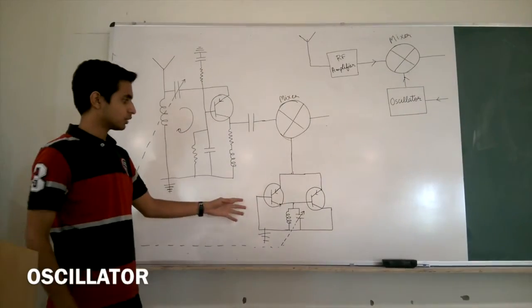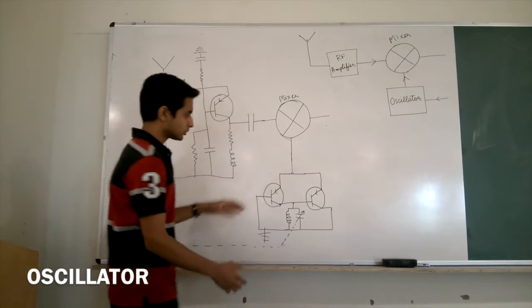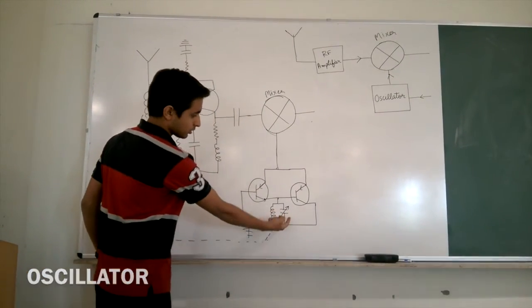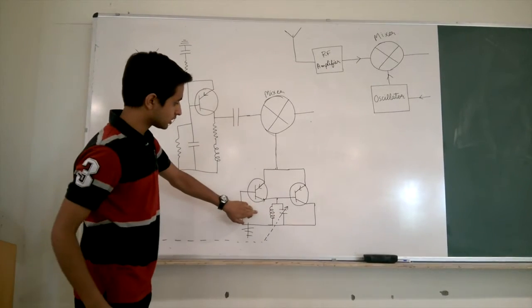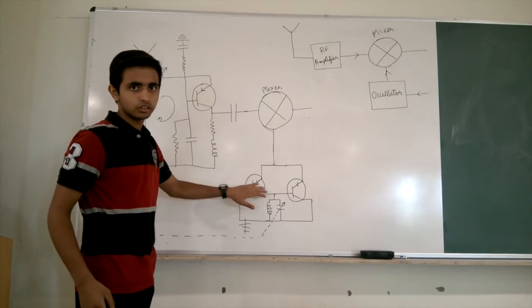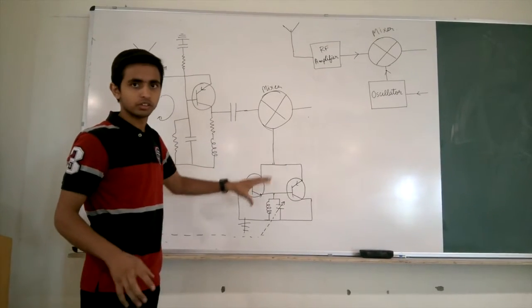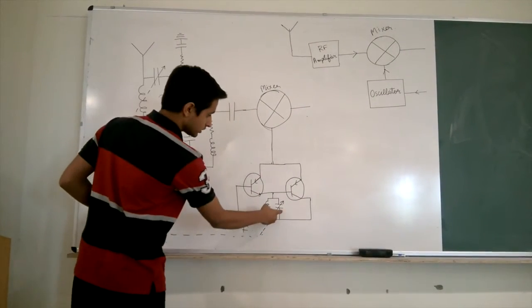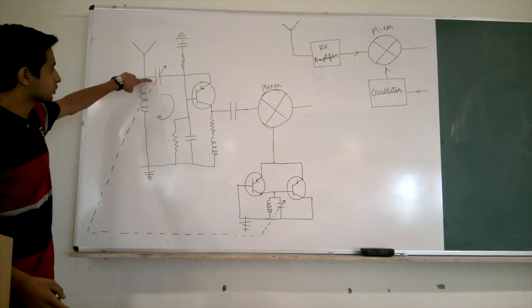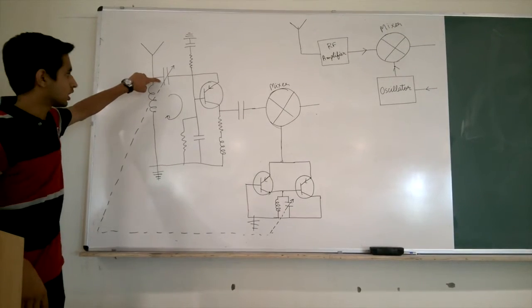So now we'll explain what an oscillator is. An oscillator is basically this circuit. In this we have a variable capacitor placed here, and what the oscillator is doing is giving us a desired frequency, which will tell you further what the desired frequency is. And the variable capacitor in the oscillator is actually gang coupled with that variable capacitor which I talked to you about just now in the RF circuit.